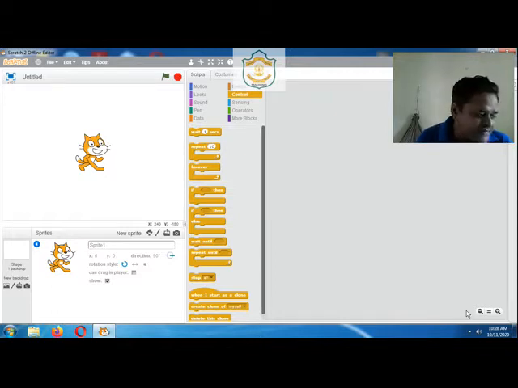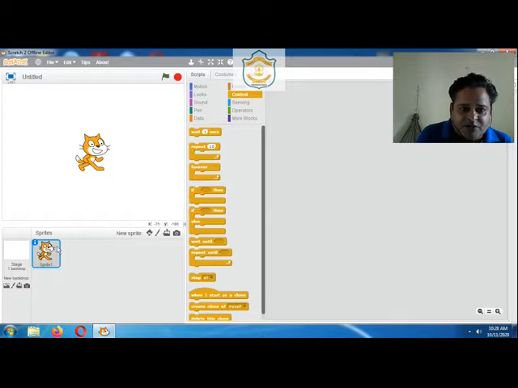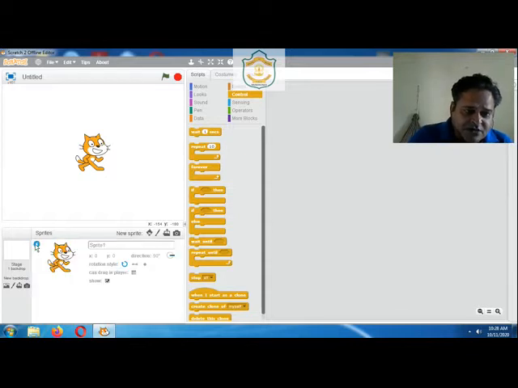The next component is the sprite info pane. In order to access the sprite info pane, we have to move to this sprite area. Now you can notice this is our sprite. In the upper left corner, there is a small eye icon on this sprite. Click on that. This is the sprite info pane window. From here, we can change some basic settings of our sprite. The basic settings include the circular arrow, movement and rotation.